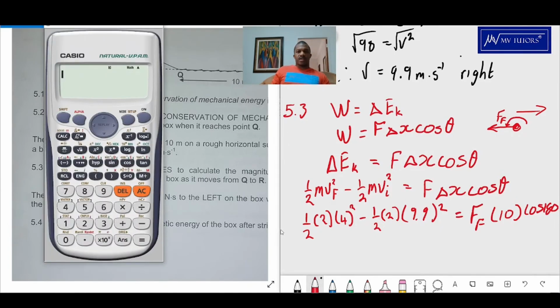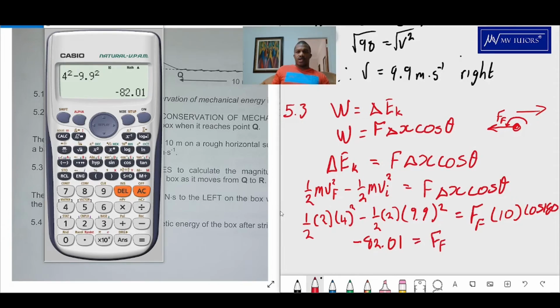I'm gonna say, okay, that's a half, right? A half times 2, that's 1, so it's really just 4 squared. 4 squared minus, also here we have the same situation. It's gonna be 9.9 squared, and then that's gonna be equals to minus 82.01 is equals to